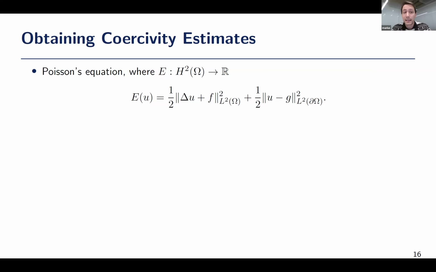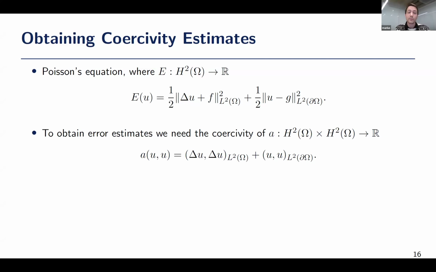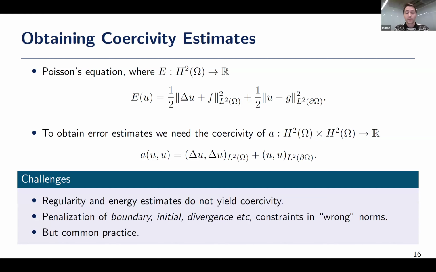And to this end, let's get back to Poisson's equation again as a model problem. And actually the strategy to derive these estimates will work for a large class of linear equations. So let's get back to this formulation, E. The corresponding form is this here. We've seen it before in the talk. And then we're posing the question of, especially, coercivity estimates. Continuity estimates are typically easy. So let's focus on coercivity.